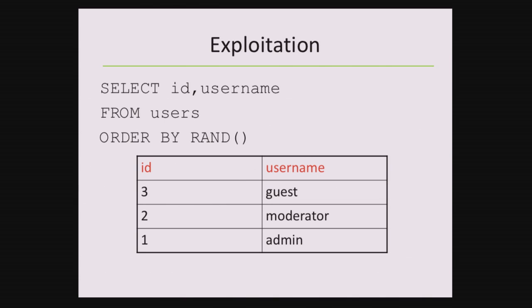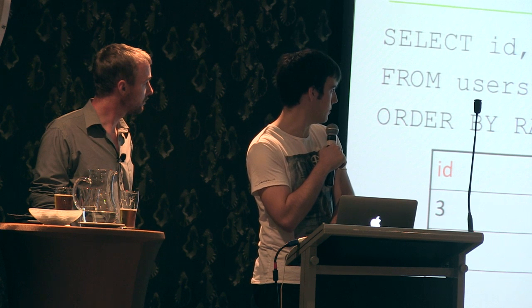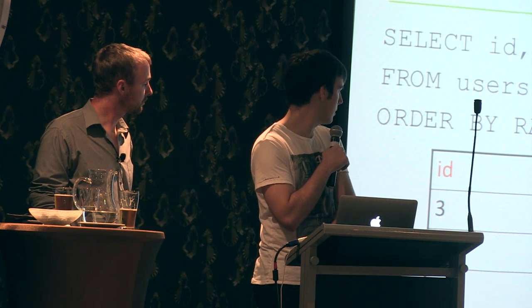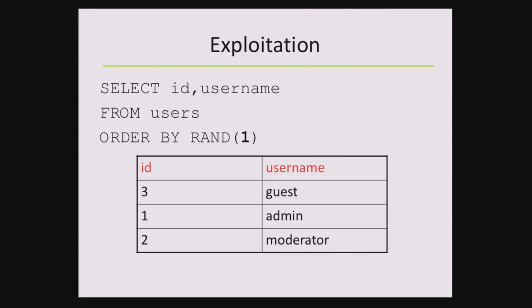But the RAND function in MySQL, you can supply a seed to that. So that's kind of interesting. If you apply the seed 1, you'll get that order, and then run it again with the same seed, and it's the same. That makes sense to anyone who understands random number generators. The seed is a feature to keep the predictability of the random numbers. They'll output the same results, and that's the Ruby code